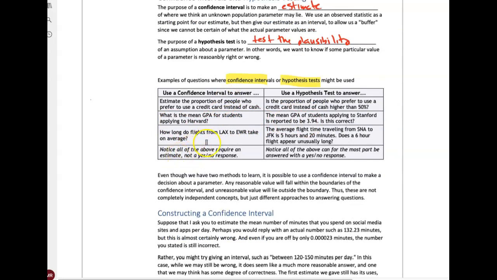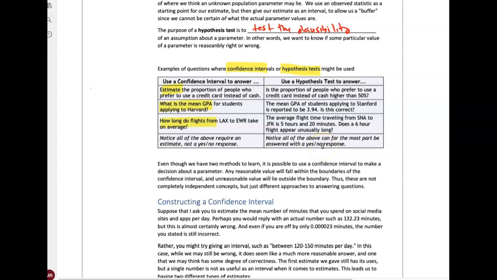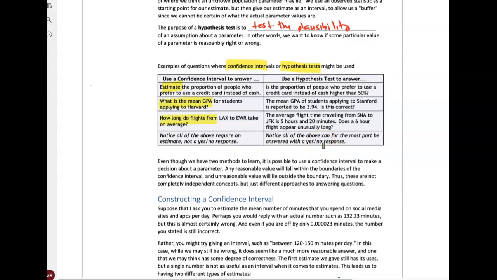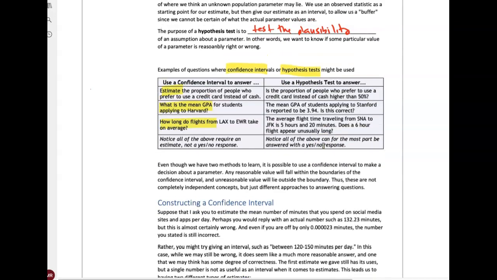And so it's important to distinguish between these two types of questions. In general, a yes or no question, versus where you're asking yourself to give us a value, an estimate. What is the mean GPA? How long do flights take? Those are quantitative questions, versus is the proportion of people who prefer to use a credit card instead of cash higher than 50%? Notice those yes or no types of questions. That's a hint into the types of tools you're going to use when conducting inferential